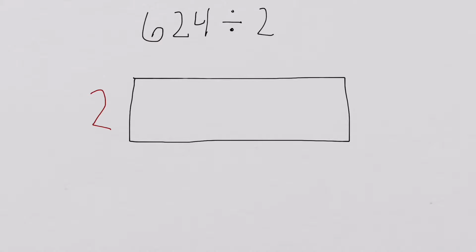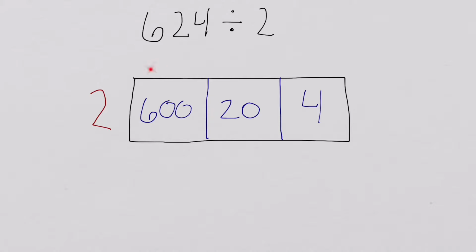Now the 6 stands for 600, and I'm going to write it on the inside. So we've got 600. And then I'm going to draw a little line to separate it. Our 2 is in the tens place, so it stands for 20. I'm going to write it in the next portion and separate it with a line as well. And then finally, we've got the 4 in the ones place. So it's going to go in our final rectangle, and we have 600, 20, and 4 inside the rectangle that we're